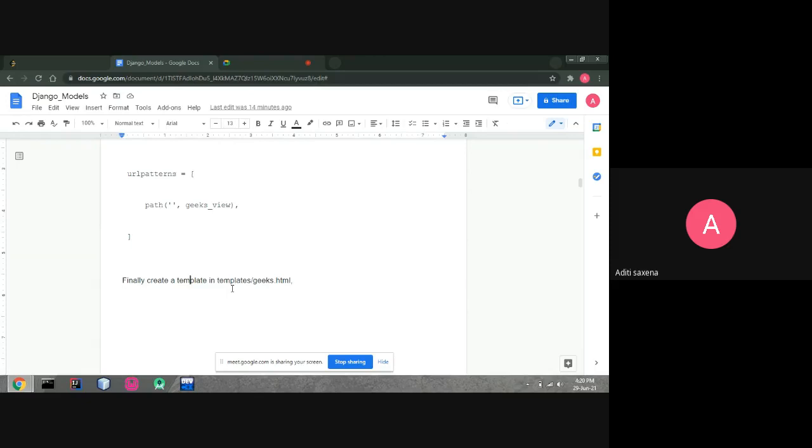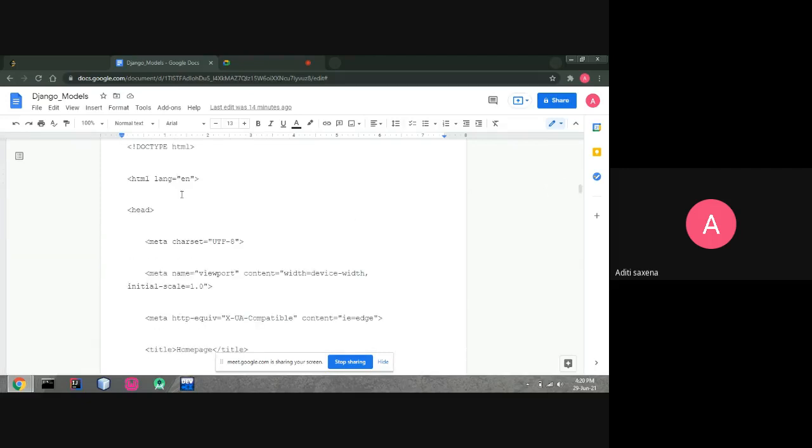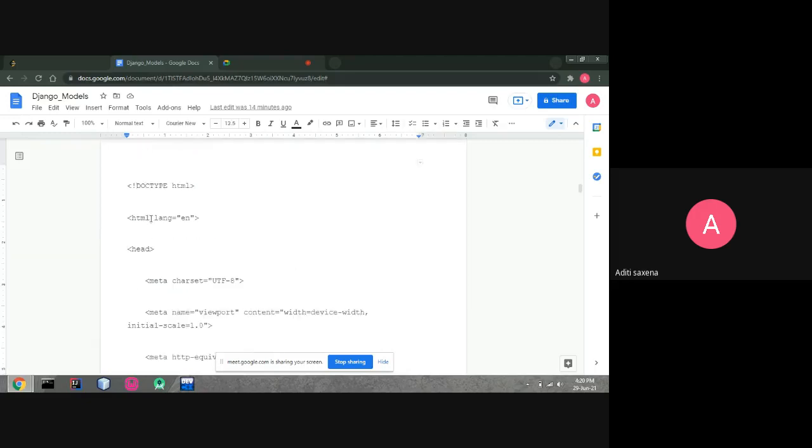Finally, we create the template. There is a templates folder, and inside the templates folder we create an HTML file named greeks.html. Inside this file we give structure to our website. I think most of you are familiar with the basic HTML structure, like the doctype html, which is the necessary syntax. Then the html lang attribute, which is not necessary but most IDEs add it, so it's up to you.